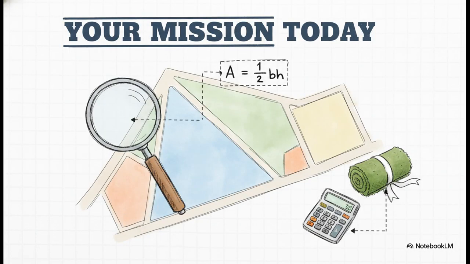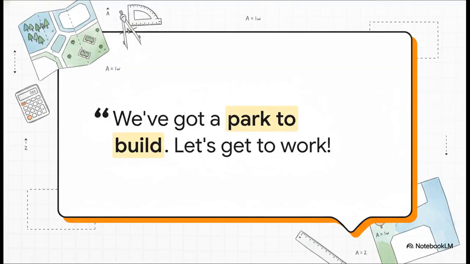All right, crew, here's your mission. I need you to look at this park map, figure out the shape of each zone, and then use the right formula to calculate its area. And listen, precision is absolutely non-negotiable. One little miscalculation means we order the wrong amount of sod, blow the budget, and delay this entire project. We can't have that. So, grab your calculators and let's get these numbers crunched. We've got the blue zone for the woods, the green for our picnic areas, and the white for all that open space. Every single one needs a precise